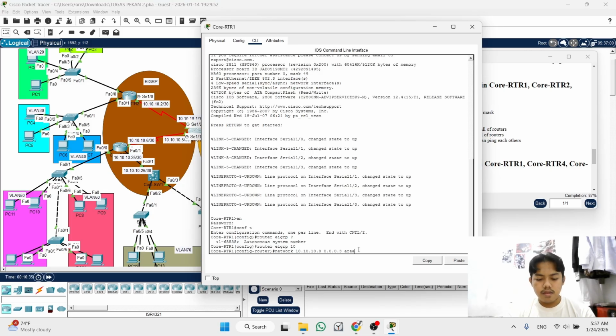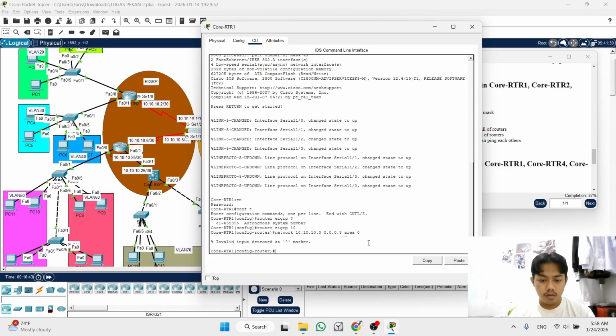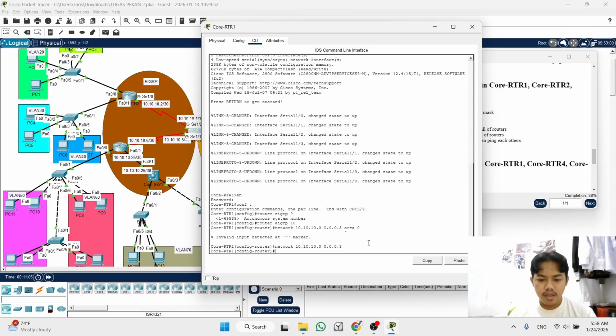This is the backbone, it is called backbone, so the area is 0. Oh, I forgot, in EIGRP there is no area. We just press enter.